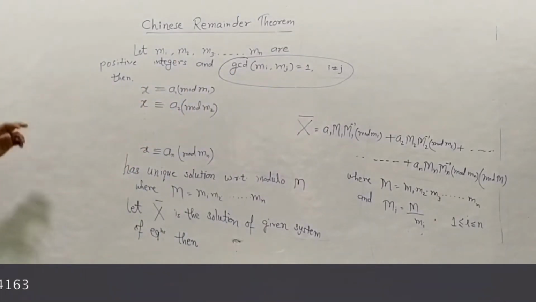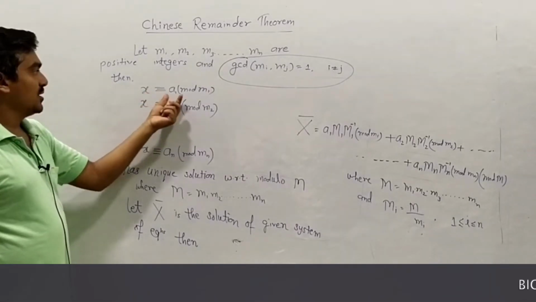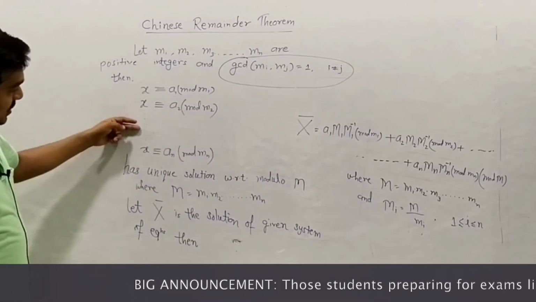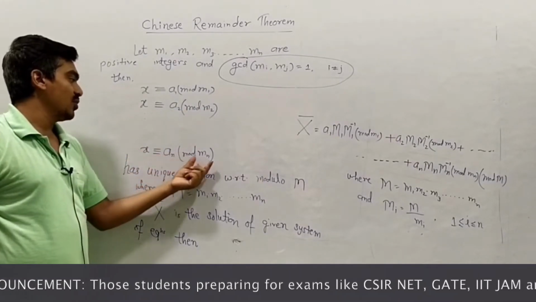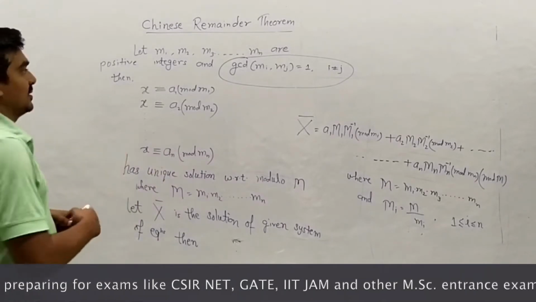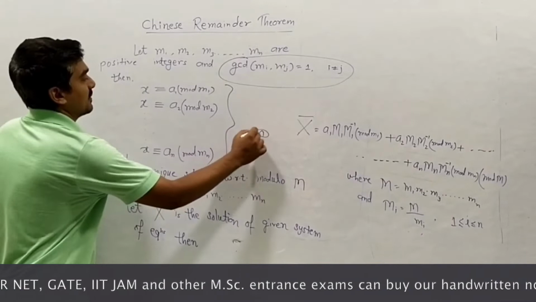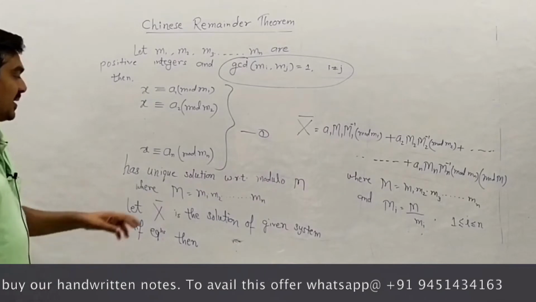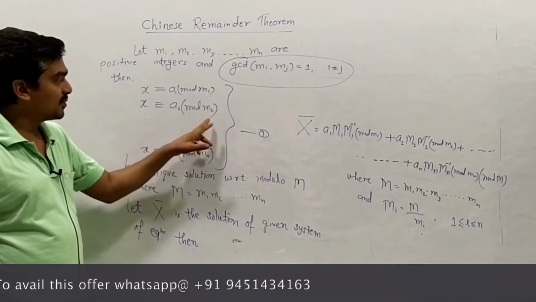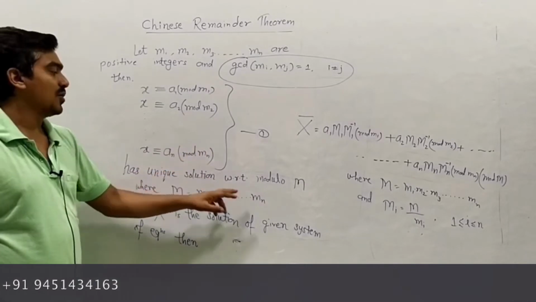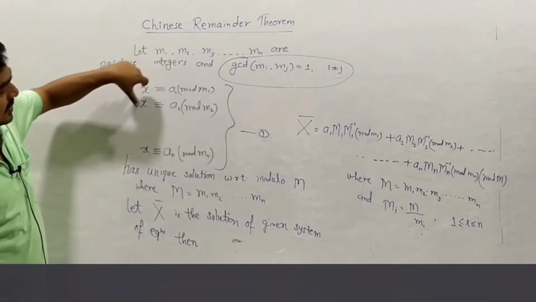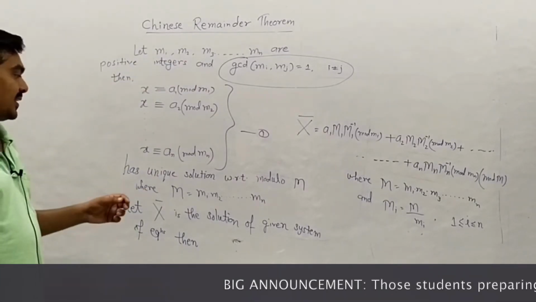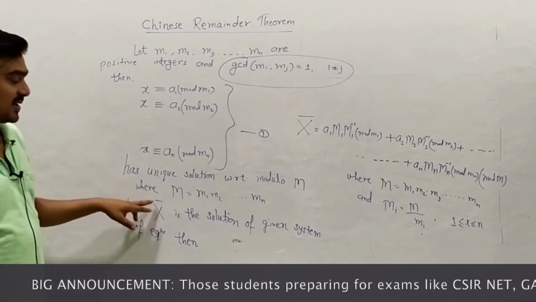Then x is congruent to a1 modulo m1, x is congruent to a2 modulo m2 and so on up to x is congruent to an modulo mn. This is given as equation number 1. It has a unique solution with respect to modulo M. And what is M? M is the product of m1, m2, m3 and so on up to mn. This system of equations has only one solution, which is given the name x bar,